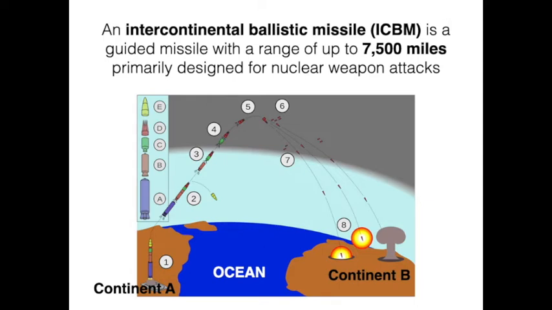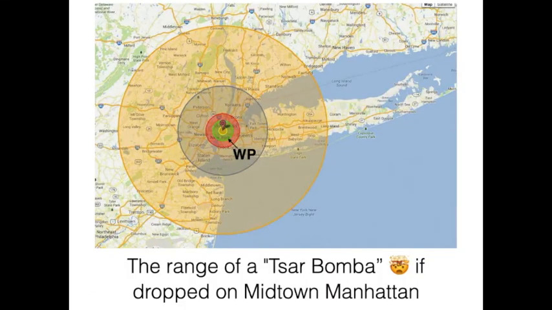But let's look at a diagram again on how this would work. I promise some great visual effects here. So we've got a missile over in continent A. We're going to launch that missile over the ocean down to continent B, and it's going to completely destroy continent B. Continent B probably has its own weapons. It's going to fire back and destroy continent A.